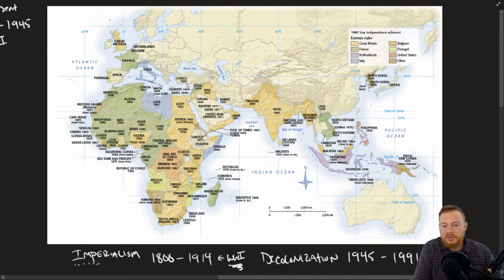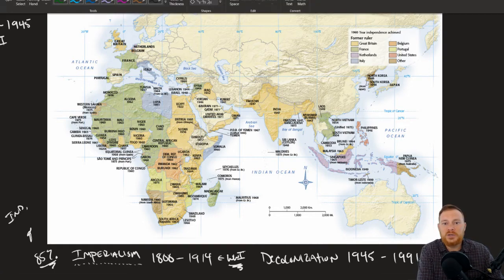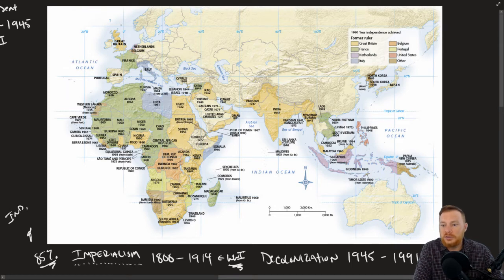But during the era of imperialism, the top industrial nations claimed about 85% of all global territory. Between the years 1945 and 1991, that 85% is becoming independent, right? And so you can see all of the various nations here. Some of the countries that we've already talked about previously include India, which is located right here, Pakistan, which is located in this area right here, and some others in between. So we'll be talking about the various countries and when they became independent, how they became independent, and that kind of shapes the modern world today.